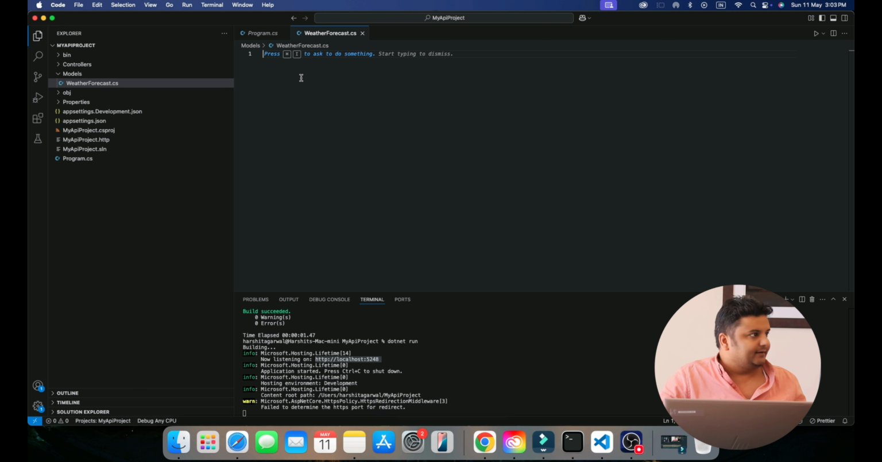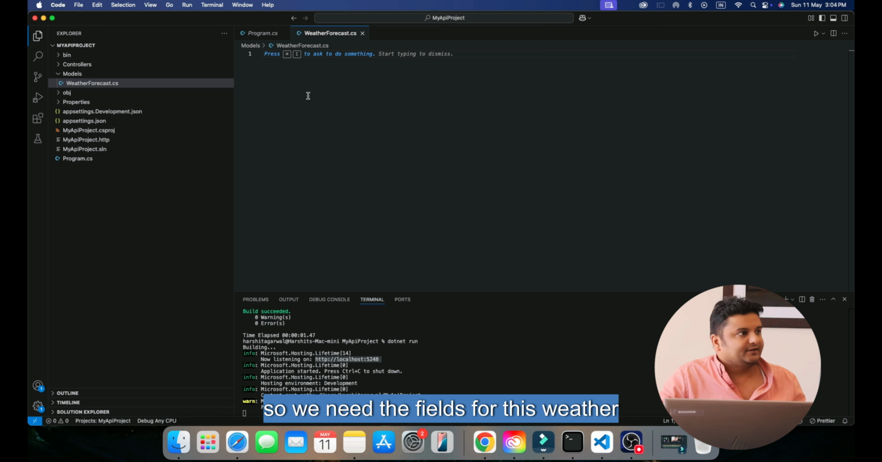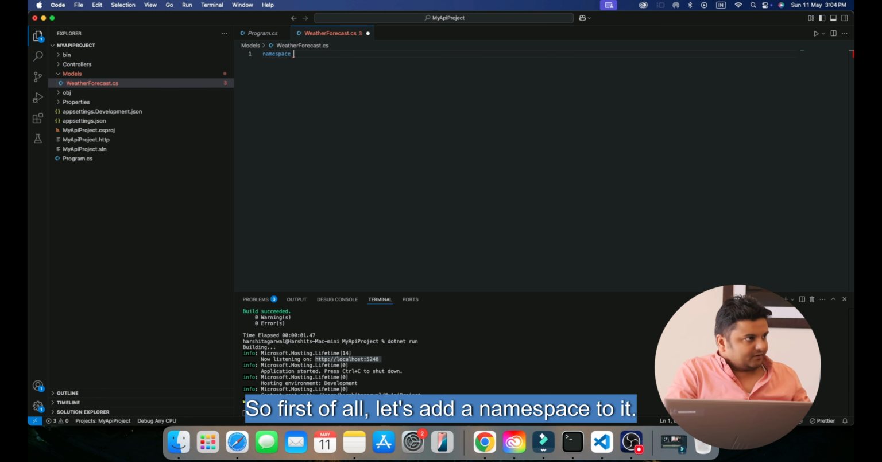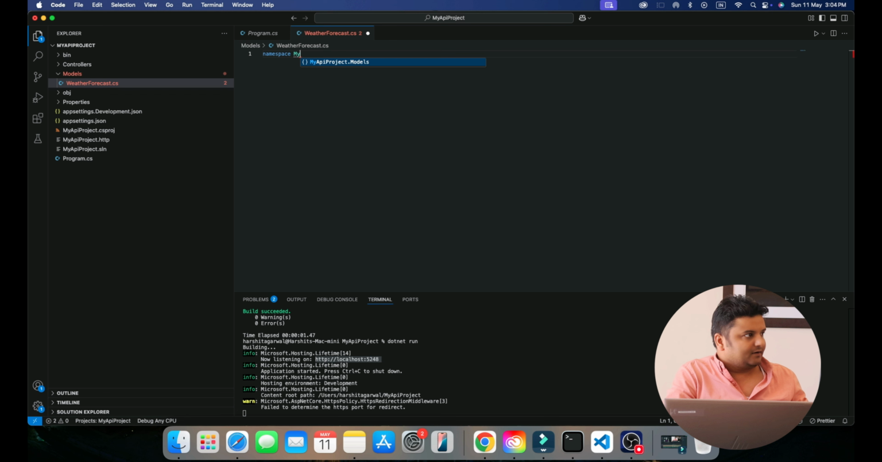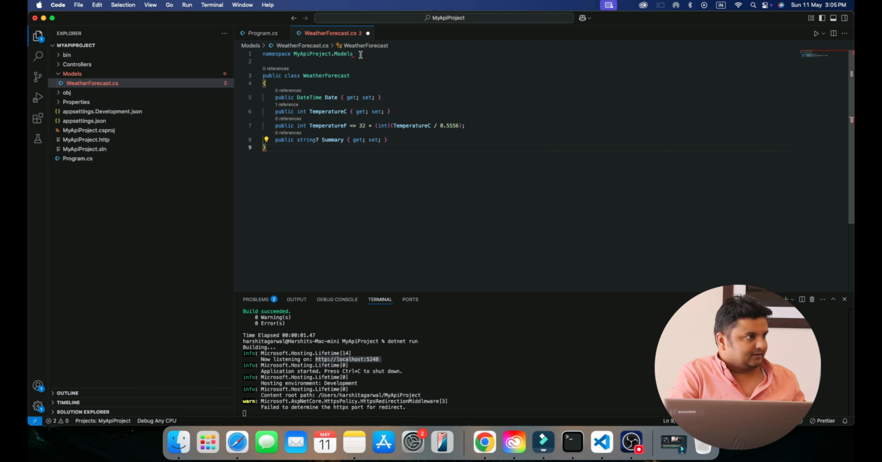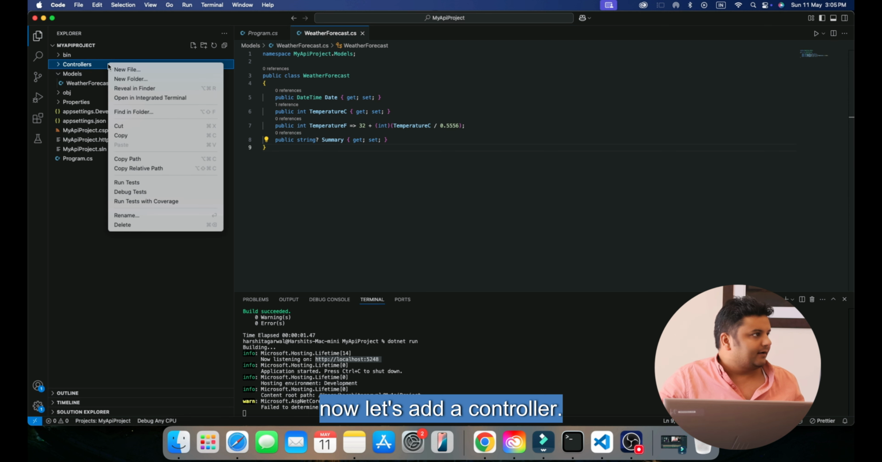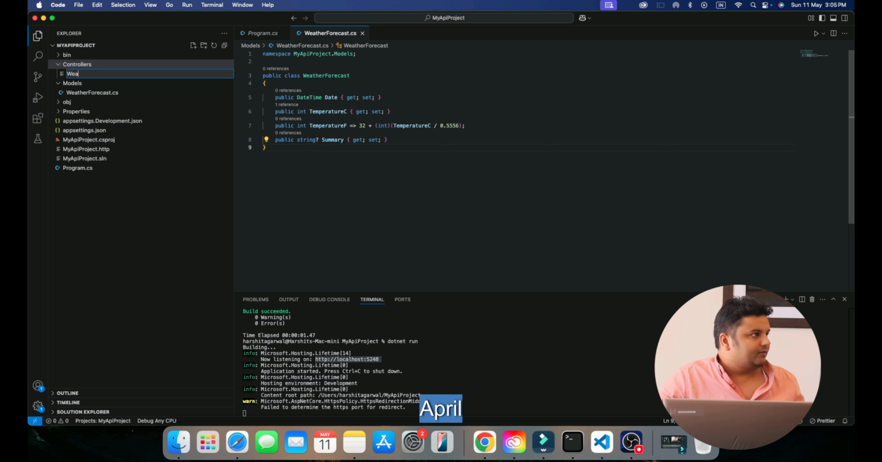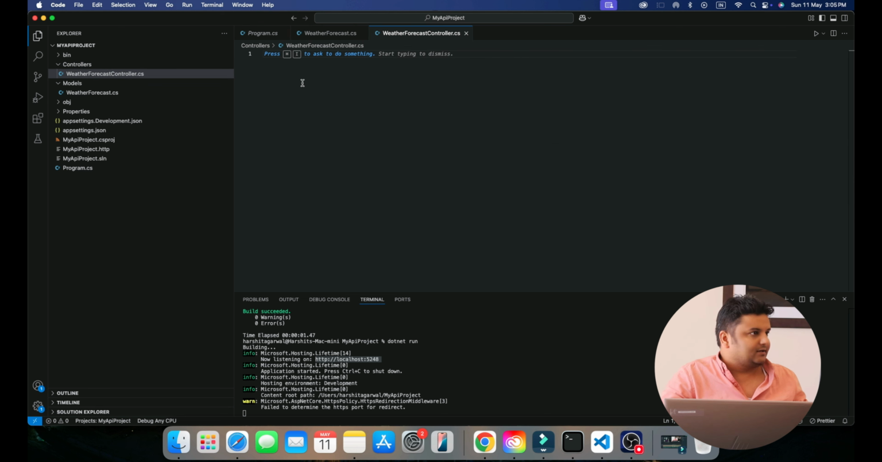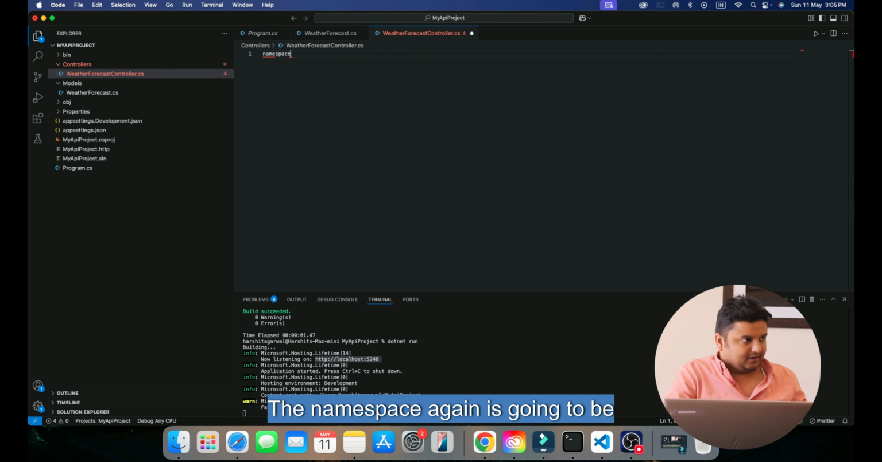We need the fields for this weather forecast. First of all, let's add a namespace to it. The namespace is going to be MyAPIProject.Models, and this is going to be my WeatherForecast model. Now let's add a controller, WeatherForecastController.cs. The namespace again is going to be